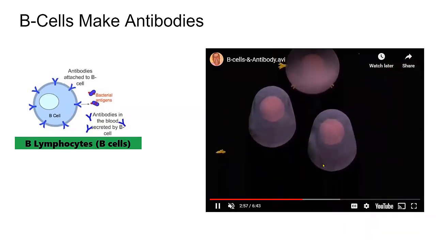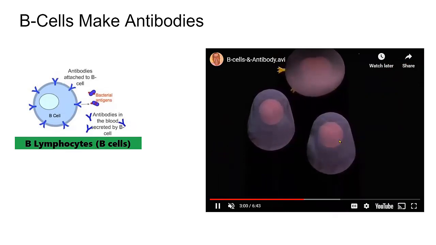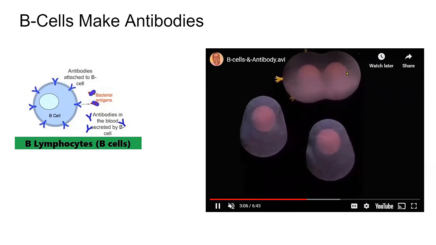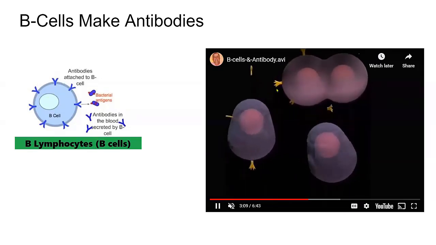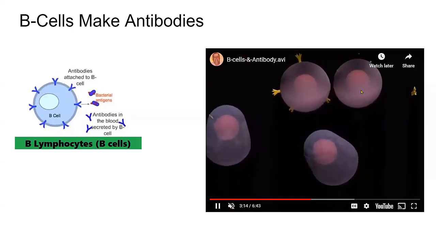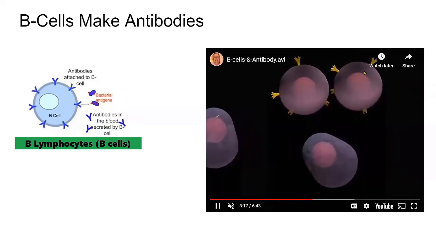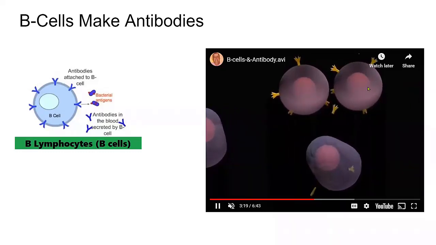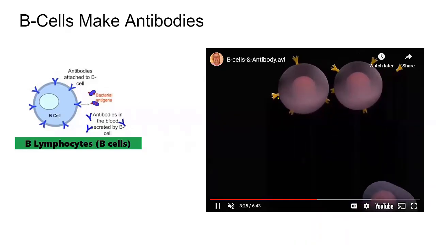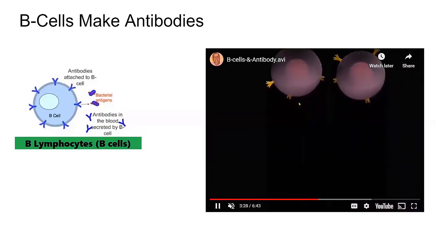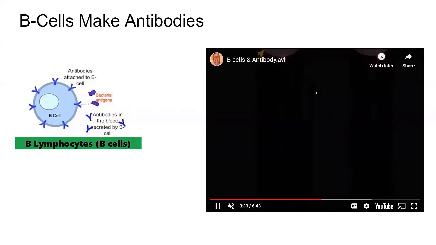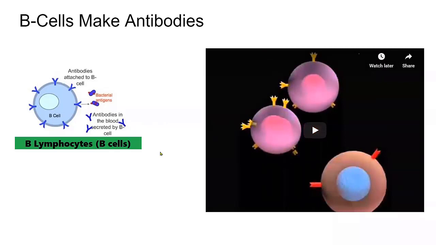So these are the ones that make the antibodies that were seen in the graph previously, but they don't live that long. They live about 2 weeks. Whereas this upstairs here, this is a different kind of cell. It doesn't shoot out antibodies. You see, it has these kind of antibodies on the surface, but it doesn't shoot them out. And this one can live forever. This one can last your lifetime. And it's called a memory cell. And it says, we remember. We remember that smallpox infection from when you were 5 years old. We will defend you if it comes again. So that idea is the basis of vaccination.